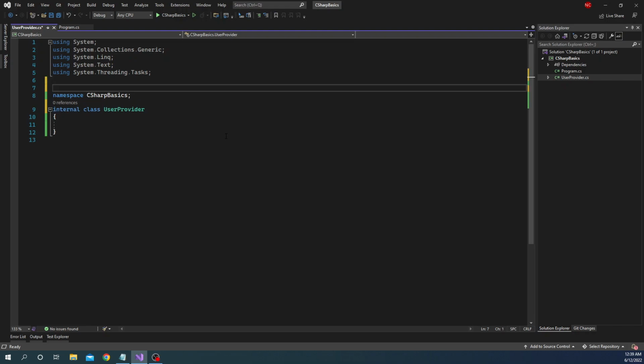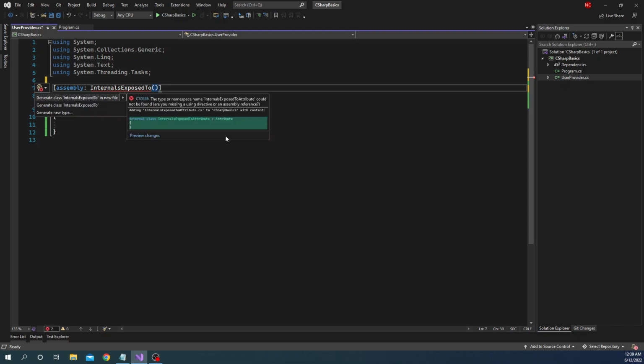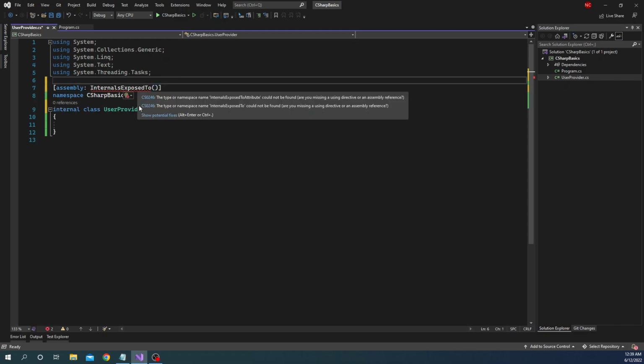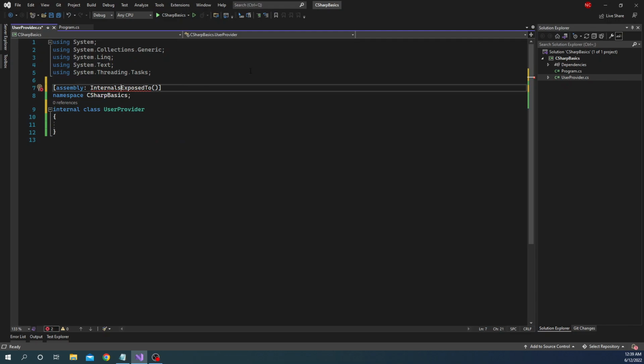And that is done using a particular assembly directive. It's called InternalsVisibleTo,